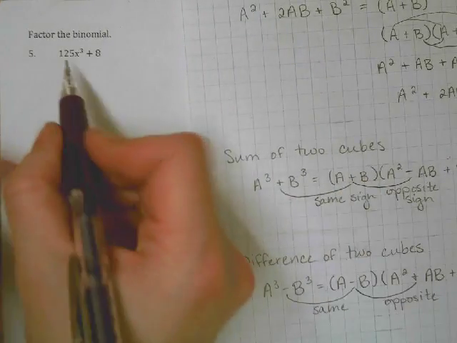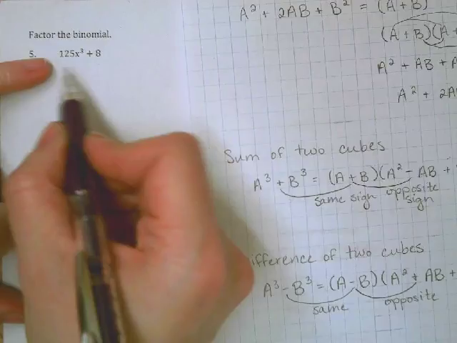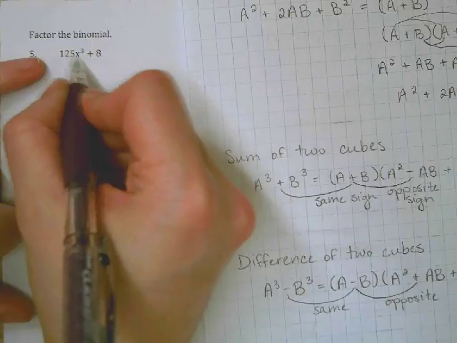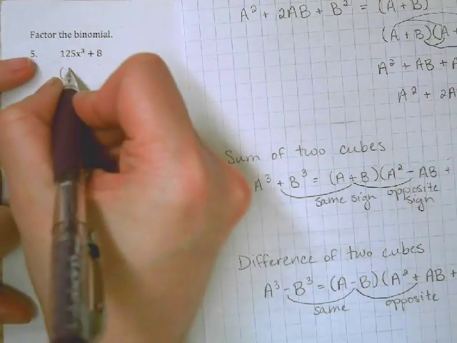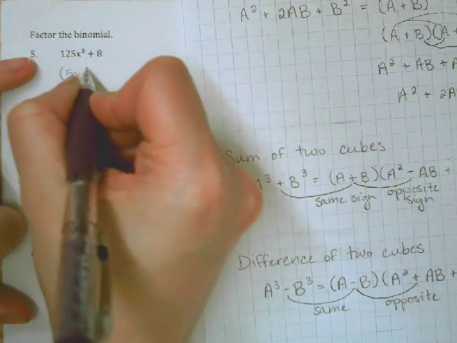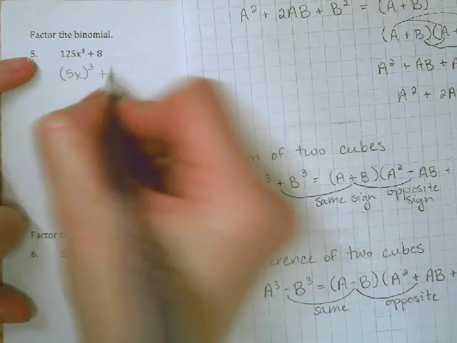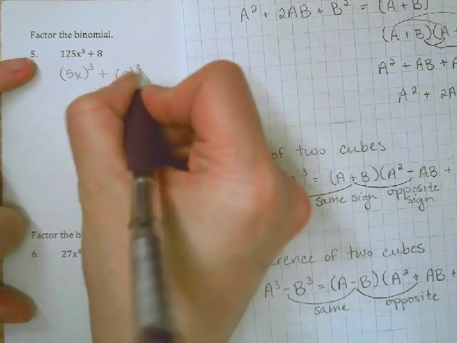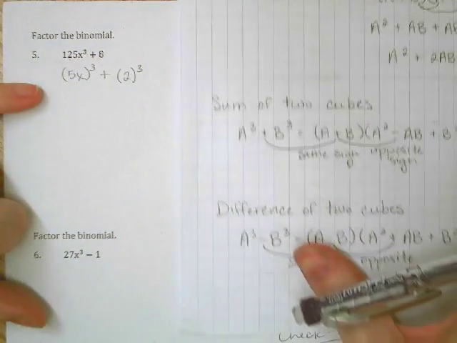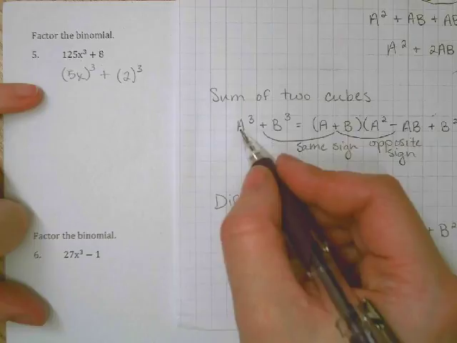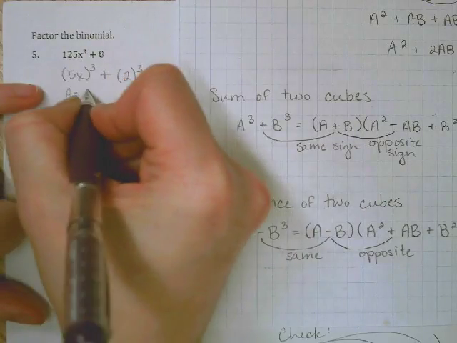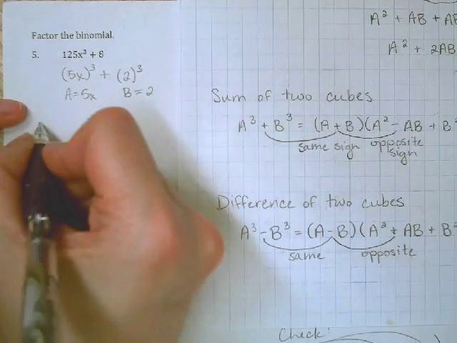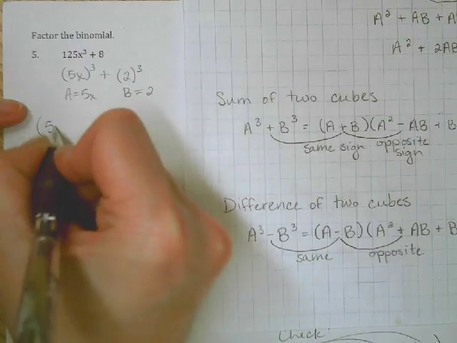So if I look at this as two perfect cubes, so cubed is something times itself 3 times. If I have 125x to the third, that is the same as 5x to the third, plus the cube root of 8 is 2 to the third. So in this situation where I'm looking at the sum of two cubes, my a value is 5x, my b value is 2. So if I factor this, I've got 5x plus 2